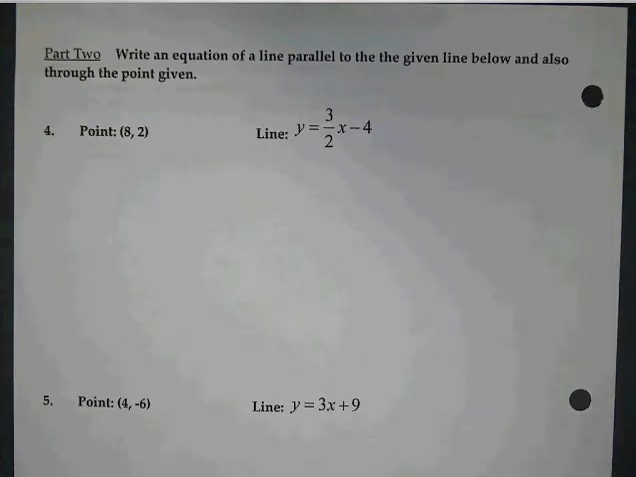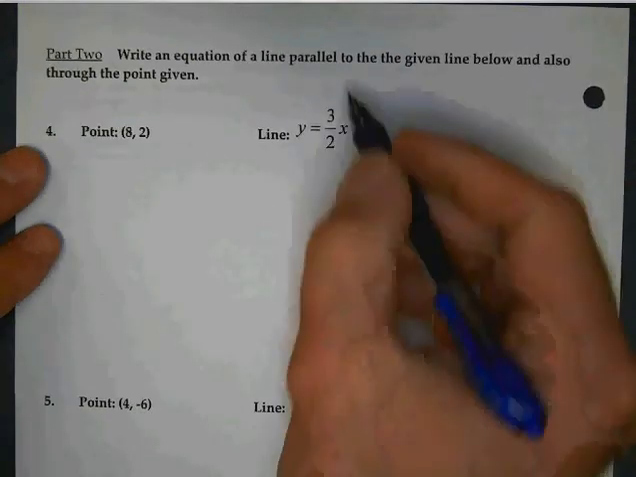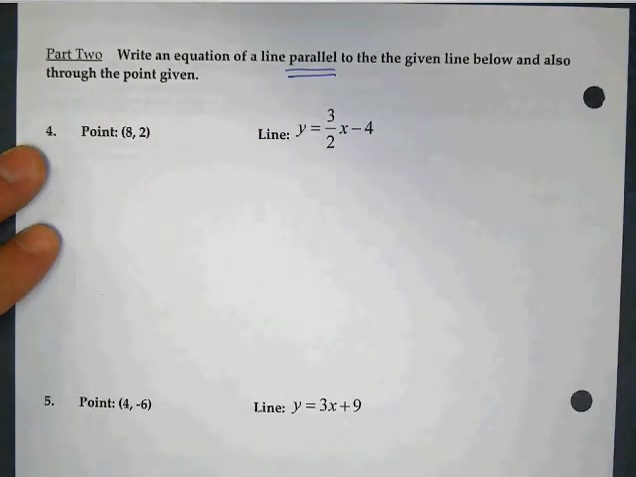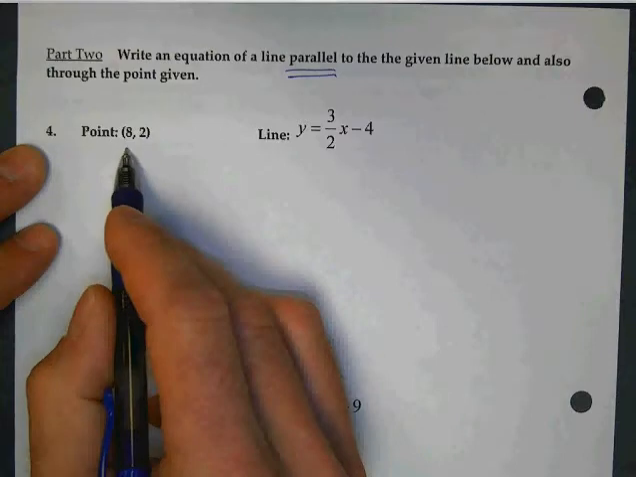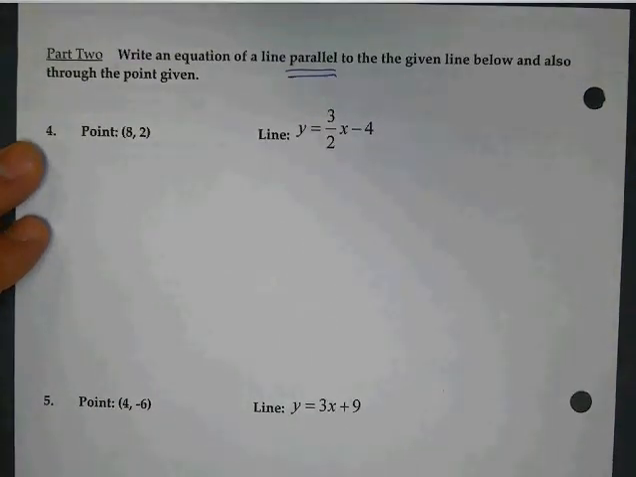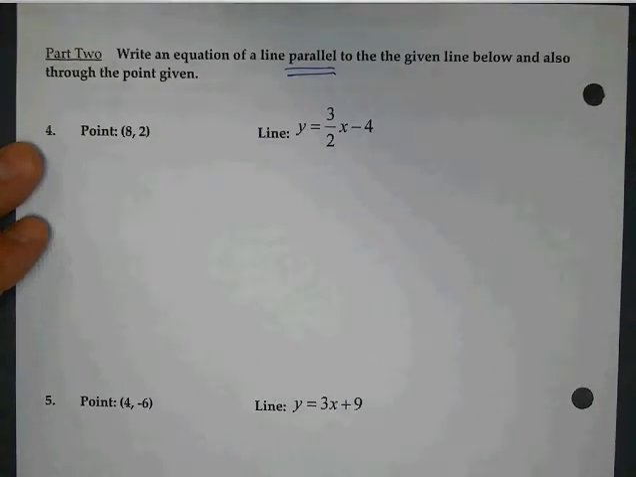As we're looking at the second side, okay? Same section, parallel lines. Remember how to spell parallel. Notice the two L's in the middle. All right, here I have a point, here I have a line. The instructions say write an equation of a line that's parallel to the line below and also through the point